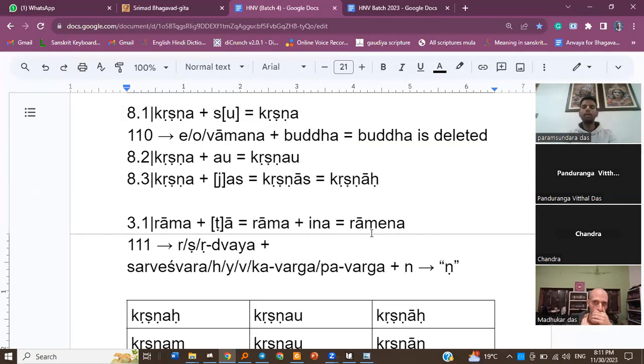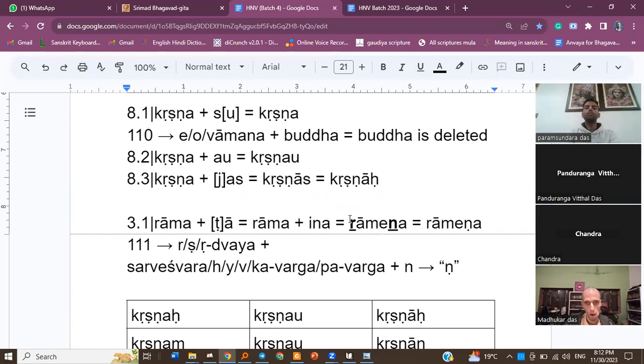So if we see here, Ramena, we have Ra Rama from the Purva Nimittas. And here we have the Na Rama, right? And in between we have these three interventions, A, Ma and A. So A and A, they are Sarveshwaras, so they are accepted as interventions. And the Ma Rama belongs to Pa Varga, Pa Pa Ba Ba Ma. So that's also accepted. So thus we turn this, and this Na is situated in a Vishnupada, but not at the end. So this Na will turn into Ramena, Na Rama.